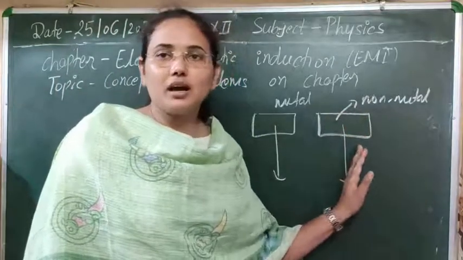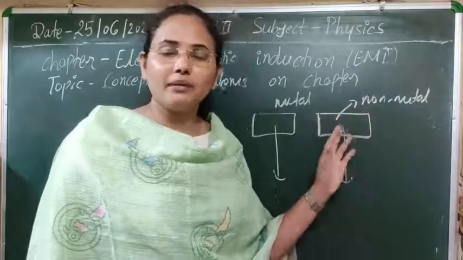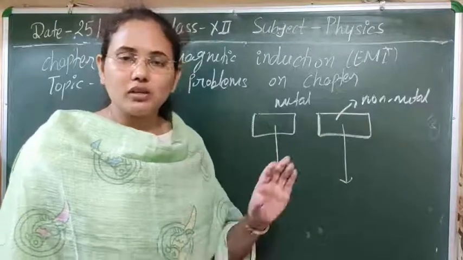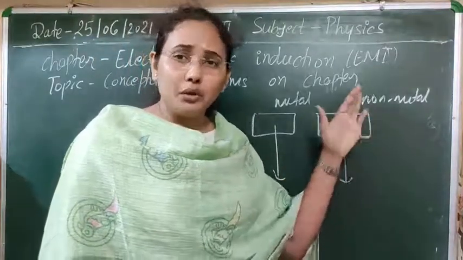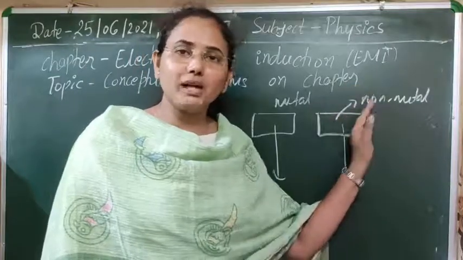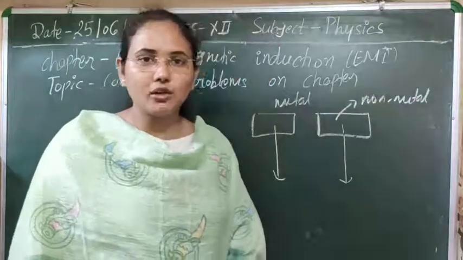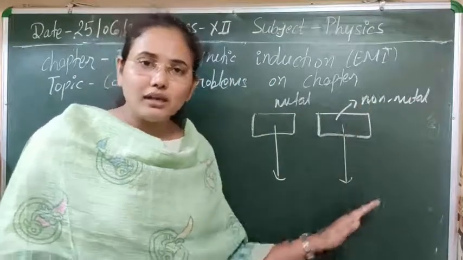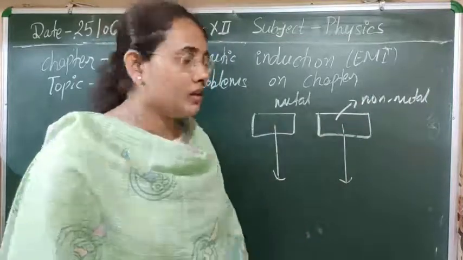as it is a non-metallic surface, the change in Earth's magnetism will not induce any kind of current in it, because current can be produced only in metallic strips. So no flux will be changed here, and the non-metallic strip will not experience any retarding force, EMF or induced current, so it will reach earlier. But let's see why the metal will reach later.